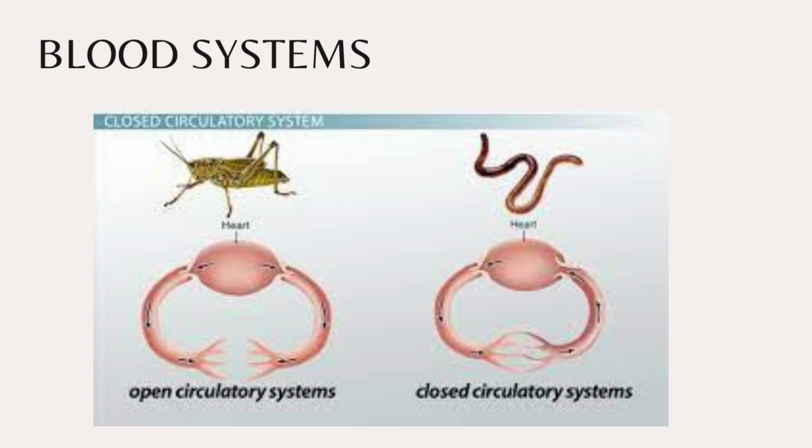Whereas in the closed blood system, blood remains in the blood vessels and does not come into direct contact with the cells of the tissue. A closed blood system allows for a faster circulation of blood and allows animals to be more active and increase in size. And those are all the important features of body plans